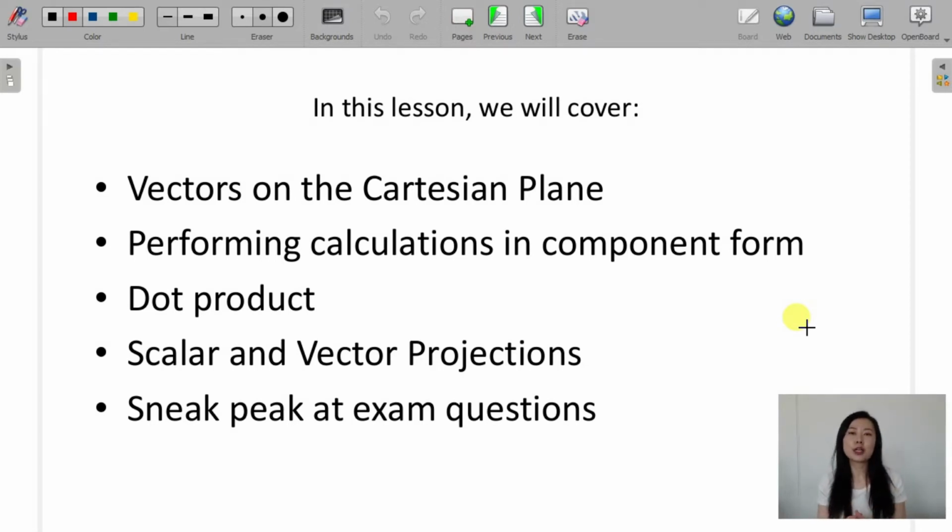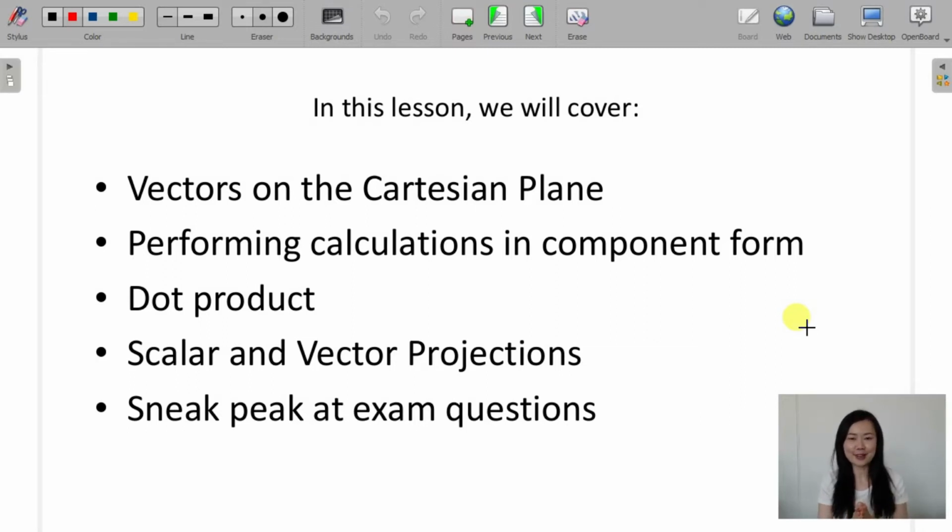So scalar projections, vector projections, what are they? How do you calculate them? I mean, most of these are just formulas. So it's just about knowing what to do with the formula and then just pretty much take it from there. And what I'll also explore in the last part of this lesson is